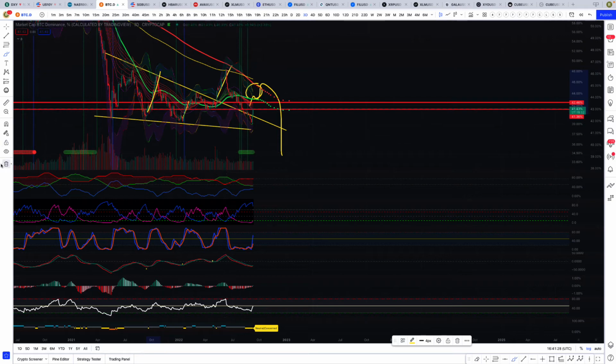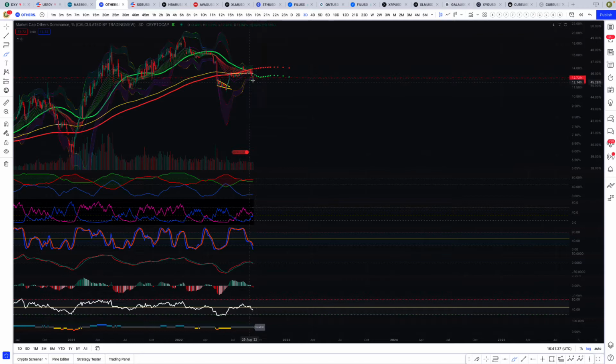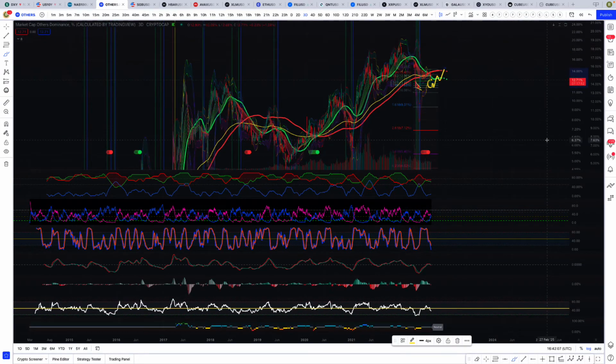And then we can go to altcoin dominance, and we're seeing a breakdown from here. So that makes sense because Bitcoin dominance is going up. We can take this, put it up here, and it's likely that Bitcoin dominance will continue to rise and will fall down in altcoin dominance to around 11.64%, be like a 1% drop down. And then Bitcoin dominance will get like a nice rise to retest those retracement levels. And then it's likely we'll bottom here and then head up like that. That's what I'm seeing out of that.